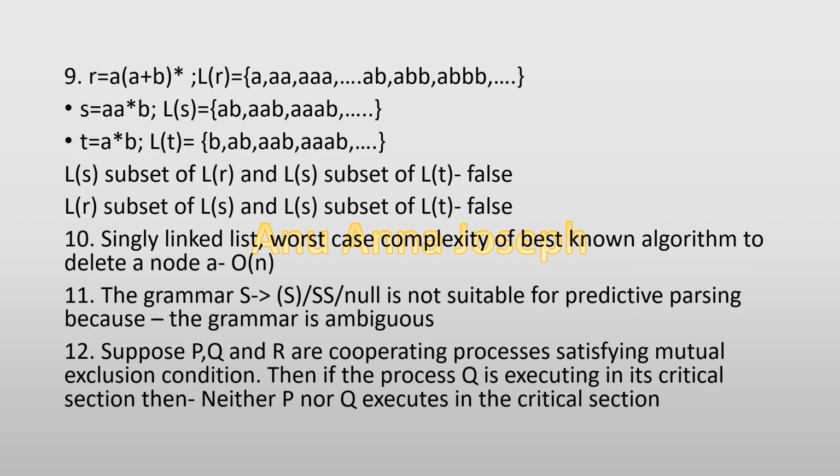So, on the 4 statements must be needed. So, P must be 4 and Q is 3. Okay, so the next one was R is equal to A plus B star. A plus B means either A or B. Star means it can